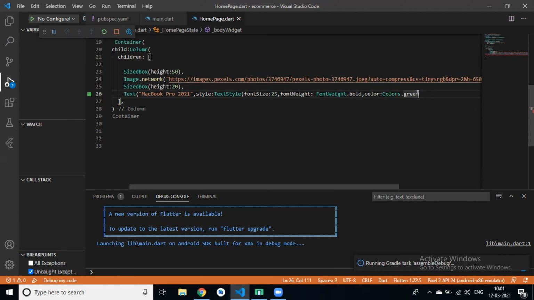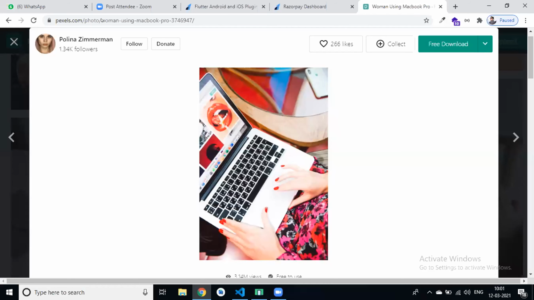Now again a sized box, then height is simply 10, then again a text widget, product description, so MacBook.